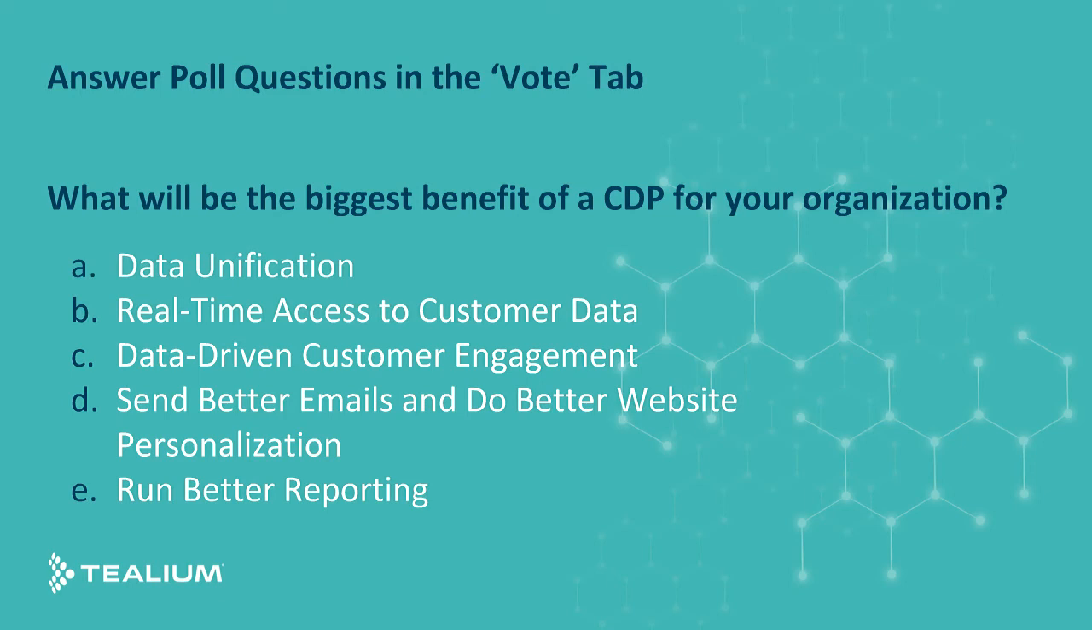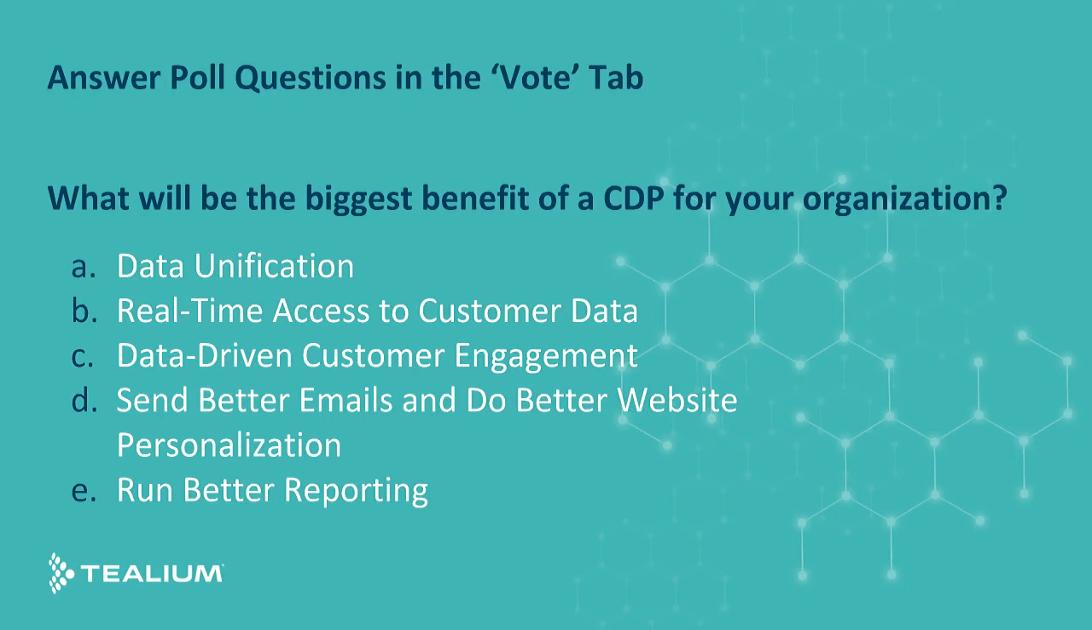in some way, right? You could bring customer data together for the purposes of engaging your customer. You could bring your customer data together for the purposes of coming up with insights. You could bring your customer data together just to be more efficient, if it's inefficient to go and get your data from a whole bunch of different places. So there are a lot of different reasons, and we have a bunch of them listed here: data unification, real-time access to customer data, data-driven customer engagement, send better emails and do better website personalization, and run better reporting. It looks like for our viewers today, data unification is the main reason for bringing